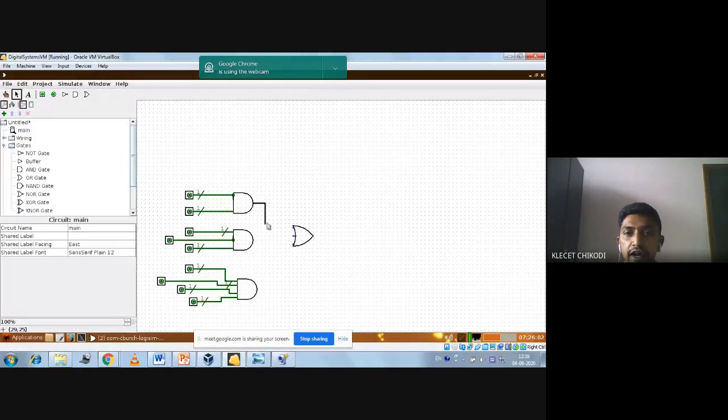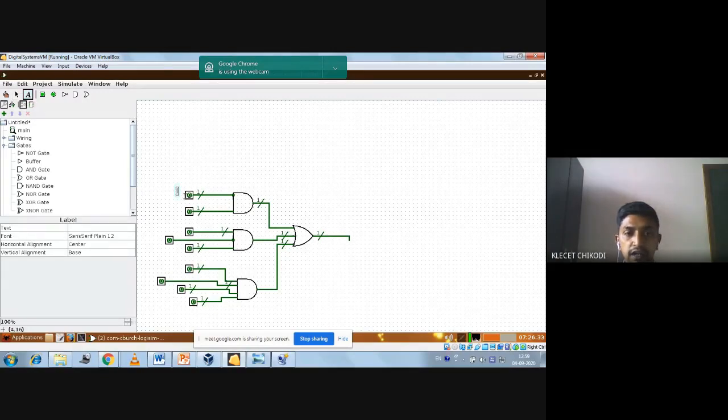Output of all the AND gates, I have to give to the input of the 3 input OR gate. You can see that here. I hope you have written y is equal to a into b plus b into c into d plus e into f into g into h. So this is the output we should get here, and the circuit for that expression will be here.